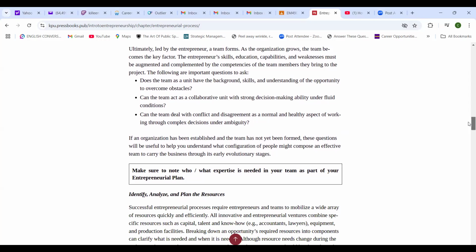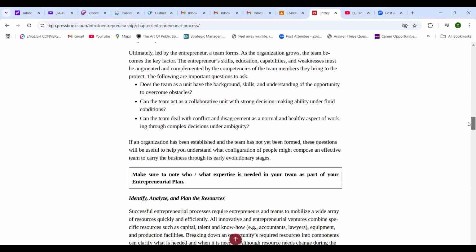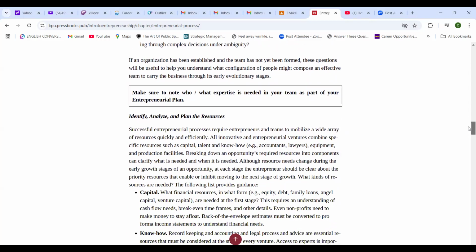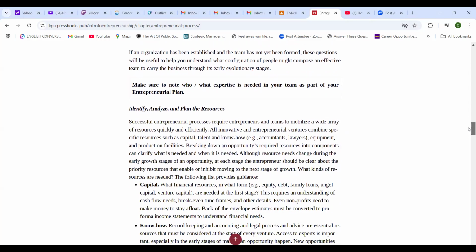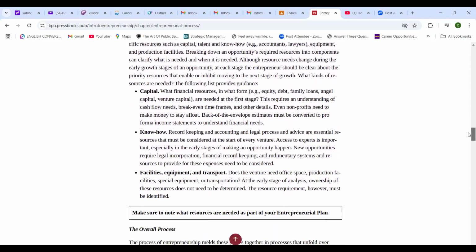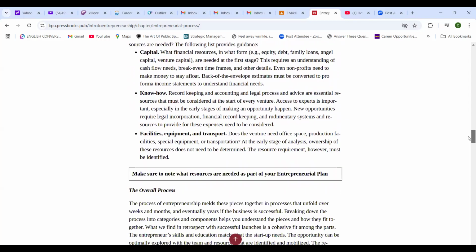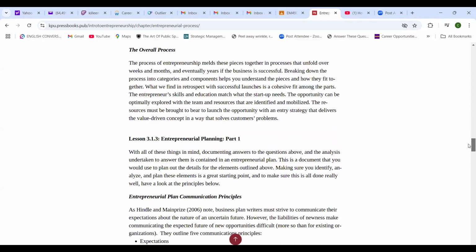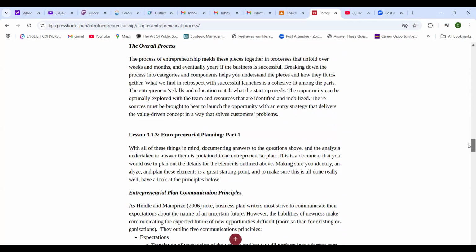And does the team as a unit have a background, skills, understanding, opportunity? Can the team act as a collaborative unit? Make sure to note the who and the what expertise is needed in your team as part of your entrepreneurial plan. We want to identify, analyze, and plan the resources. We have capital. You have the know-how, facilities, equipment, and transport. Overall process,